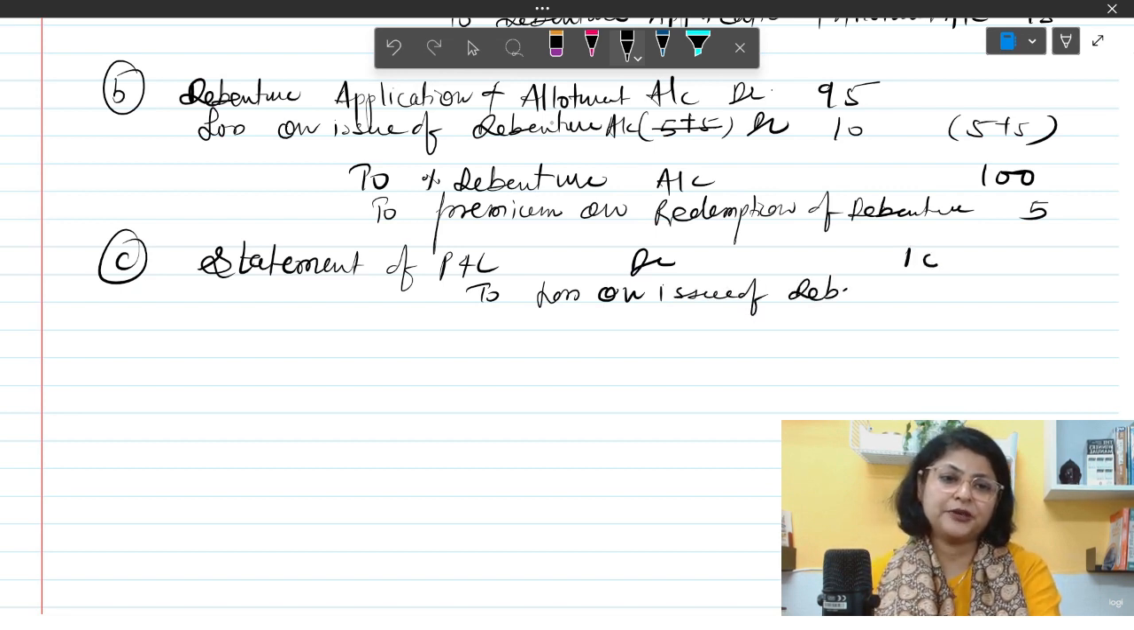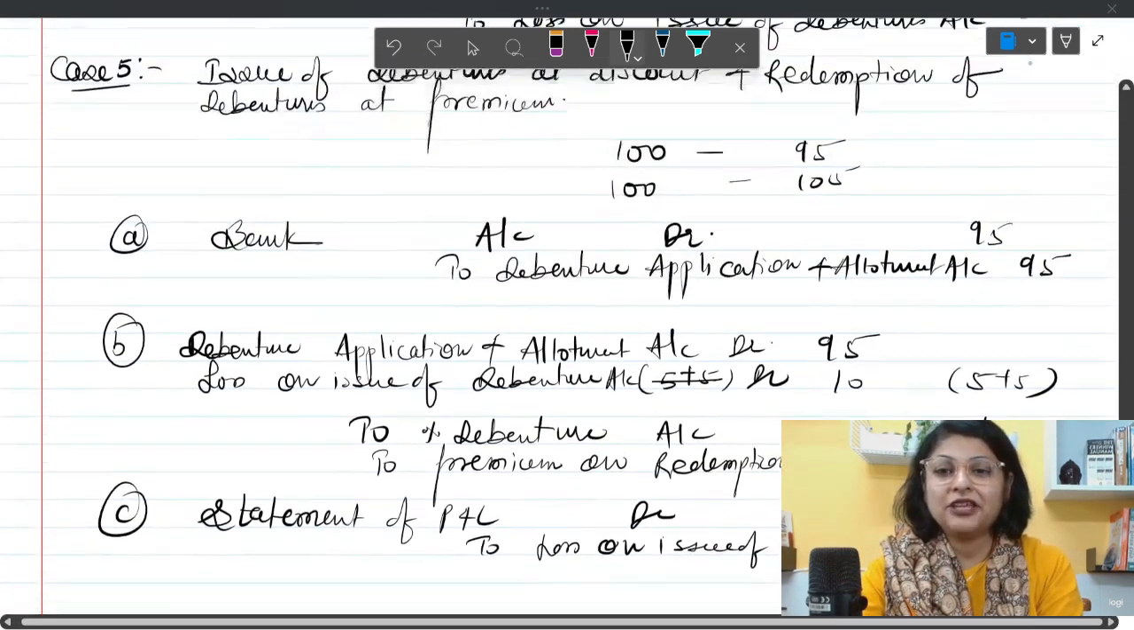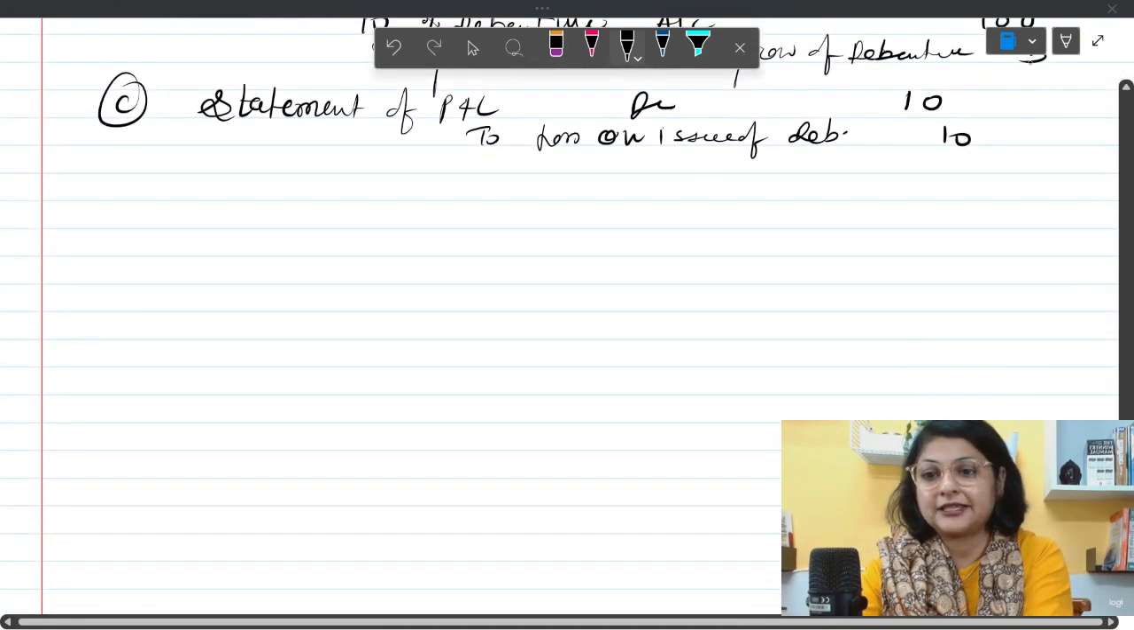Which is rupees 10 in both the cases. So this is done. Now we have reached the next case. This is case number 6. In case number 6 we will see